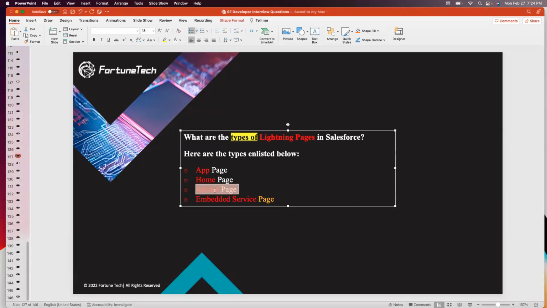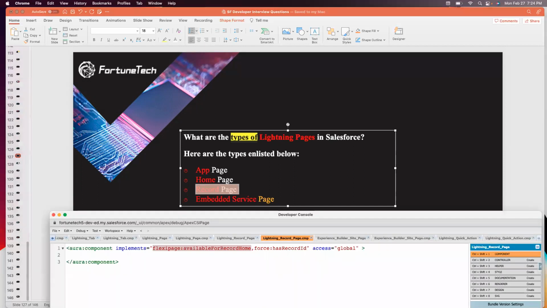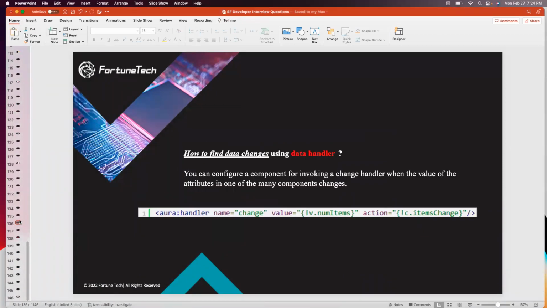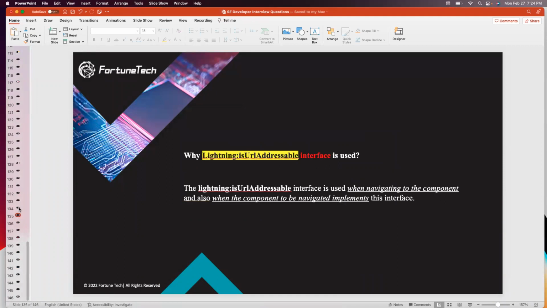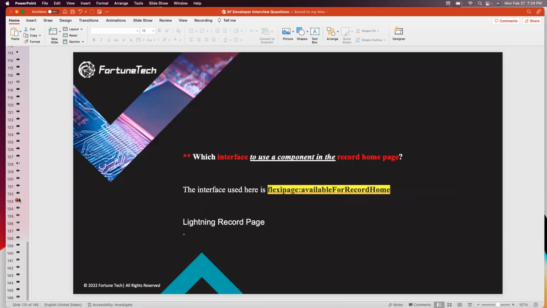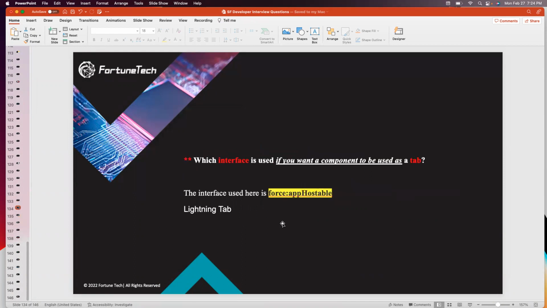So if you would like to use it right here, then you are going to pick that record one. Okay. Let's see. Okay. We just saw this. Right now, we are looking for an interface